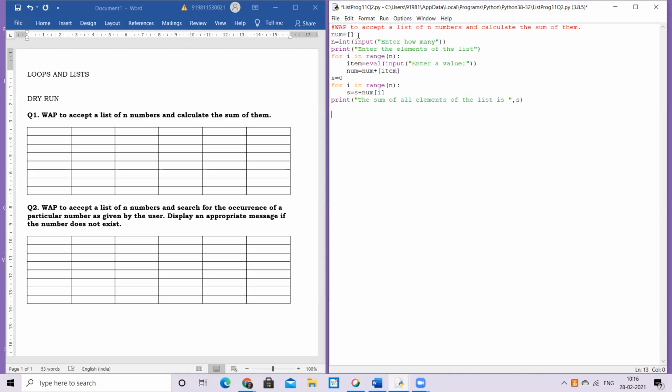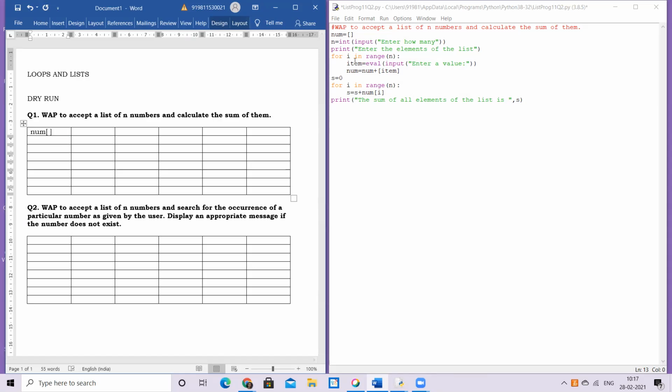Okay. So for that, the first step is that I create a blank list. Of course, when you want to store something into a variable or by say a container, I need to create that container first. Okay. And in this case, my container is num and it is going to contain a list type of data, hence square brackets, blank square brackets. Okay. So if this is my dry run specification kept here, which we call as dry run table, I make my elements of the memory. So here first element of my memory is this num, which is actually a list. So I just keep this ready here.